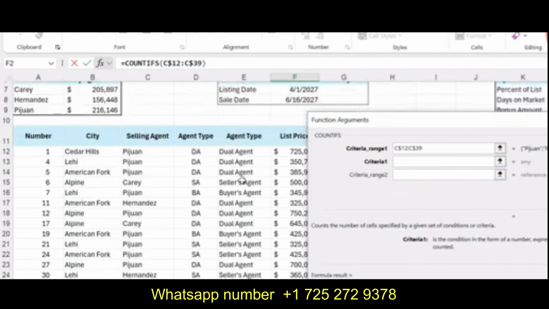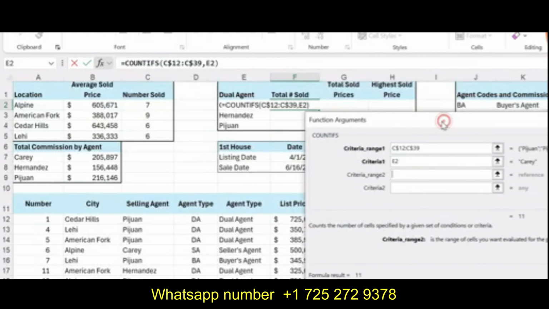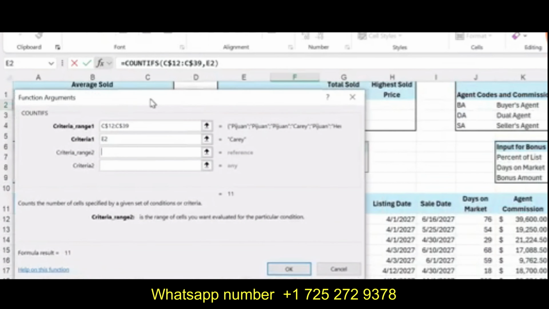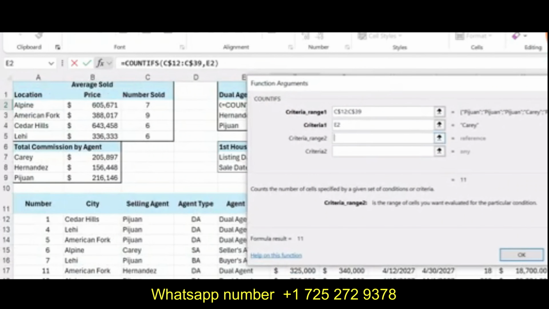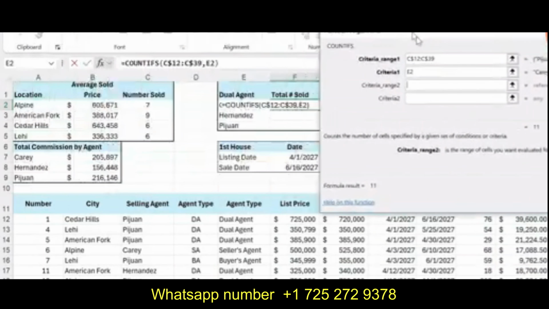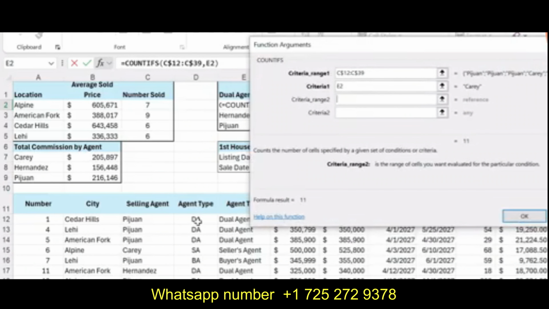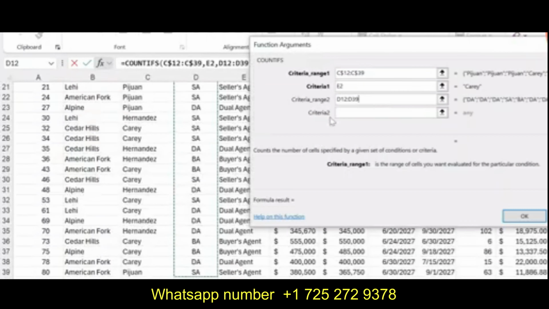And our first criteria will be the name of the agent that is given in cell E2, that is Carry. Now criteria range 2 is the agent code that is given here in column D. That is our criteria range 2.